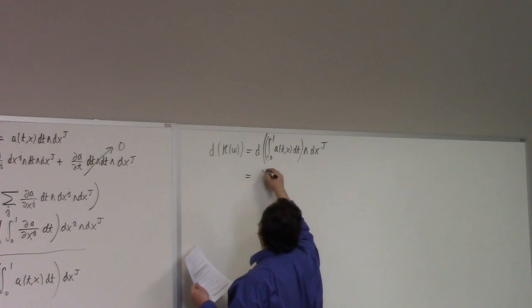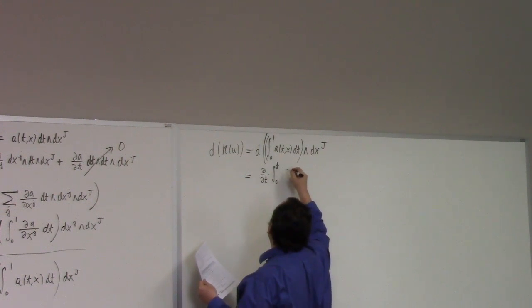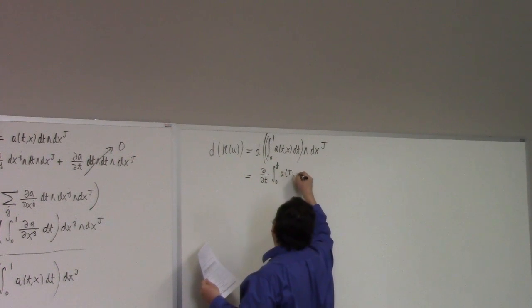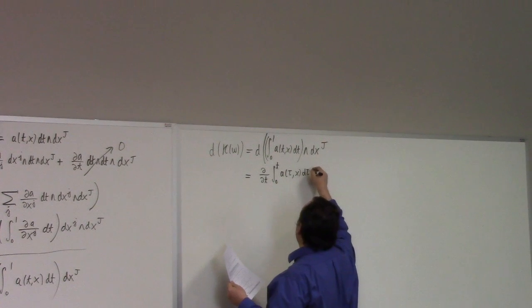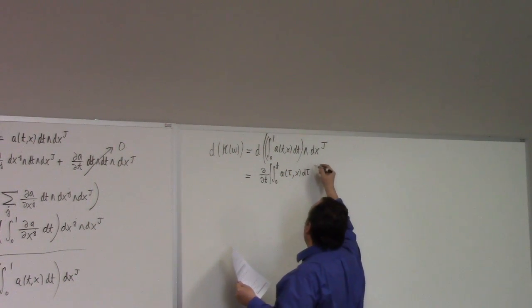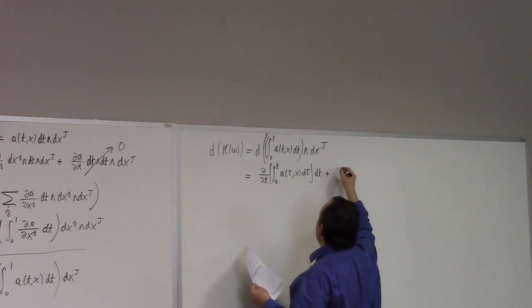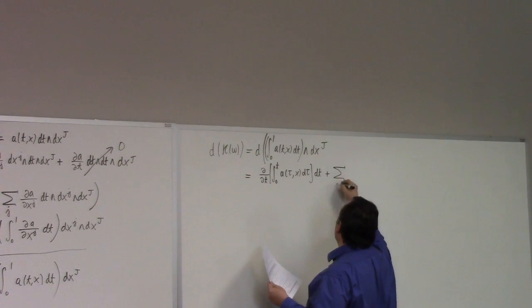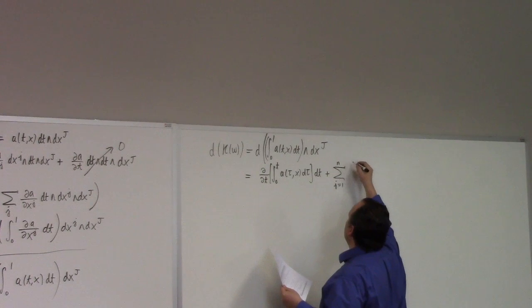So we've got the partial in t of the integral from 0 to t of a of, I need to use a different letter here technically, tau comma x, d tau, because I'm differentiating with respect to the variable t. I've got to pay the piper here somewhere. So that times dt plus the sum over, let's say, j, to keep it confusing, 1 to n of partial